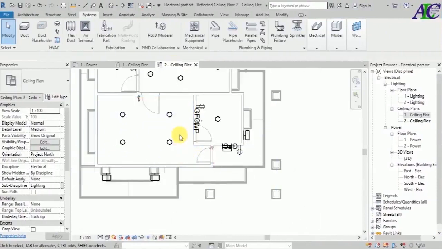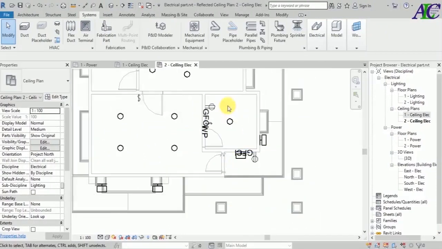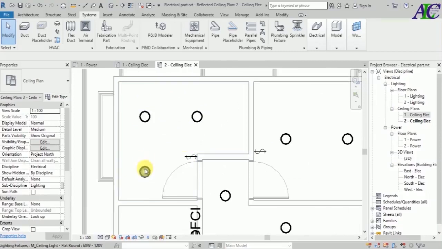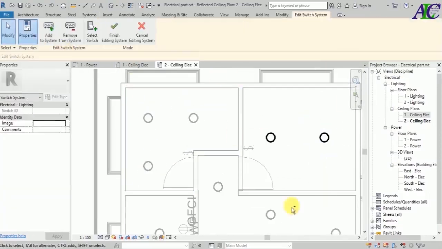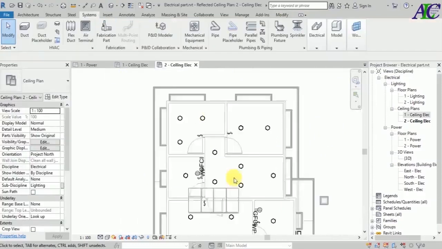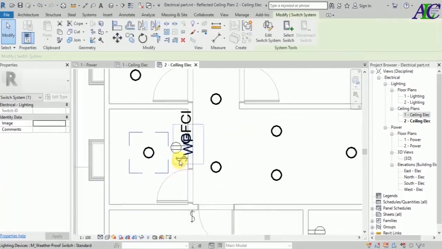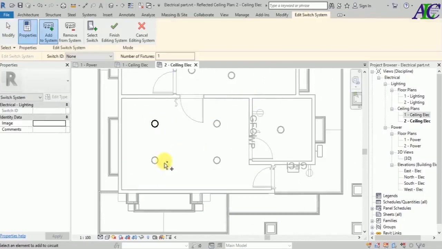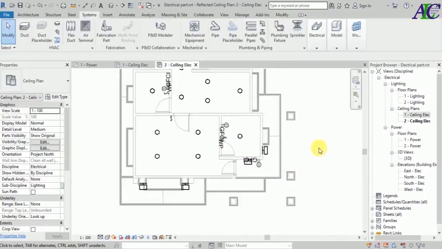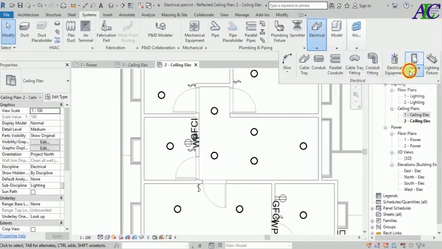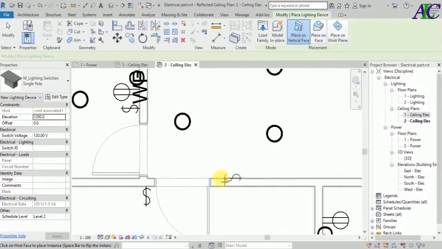First select one of the lights, and then go to edit and add the lights and connect to the switch. Okay, this is how to connect